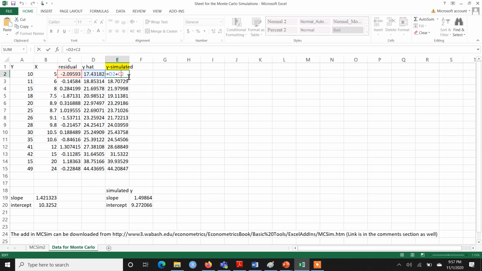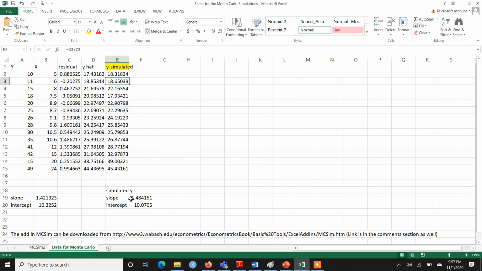Why am I calling these simulated? Because now, instead of these fixed y values, these are randomly simulated values, because remember that C2, the residual part, has been generated as a random number. So y simulated becomes a random number.